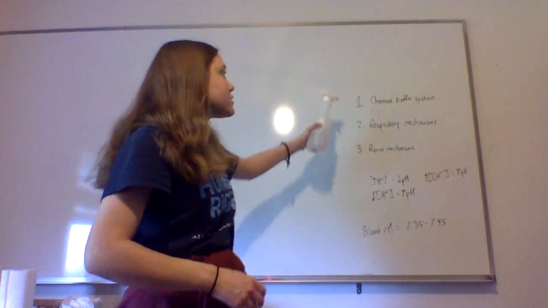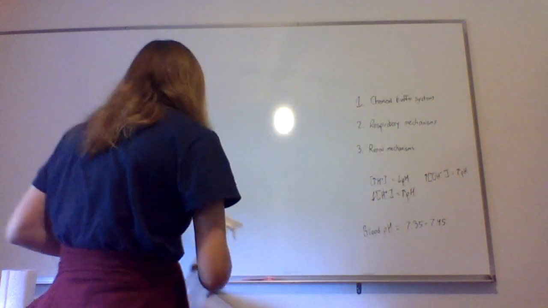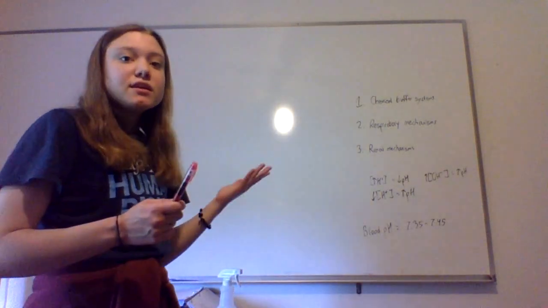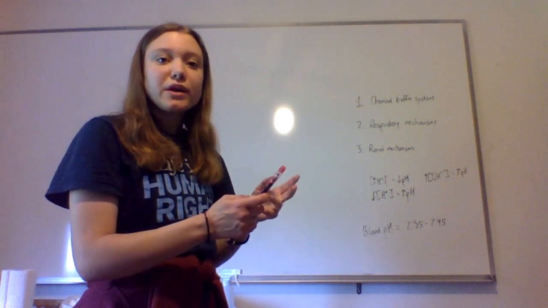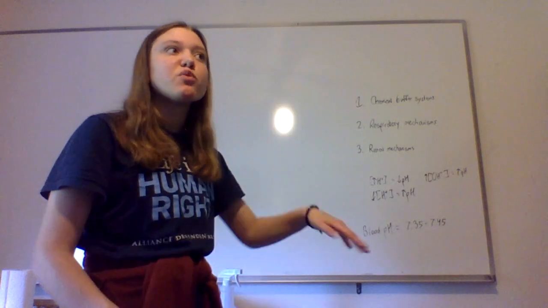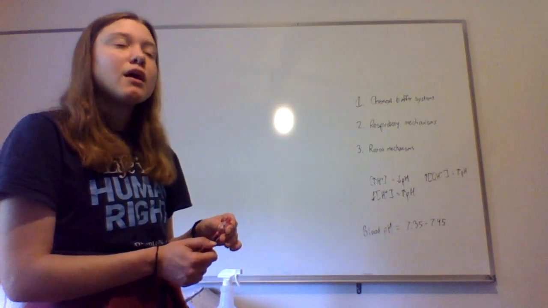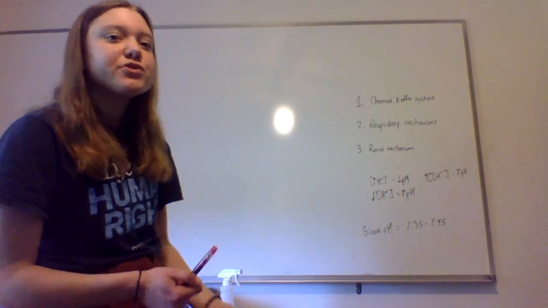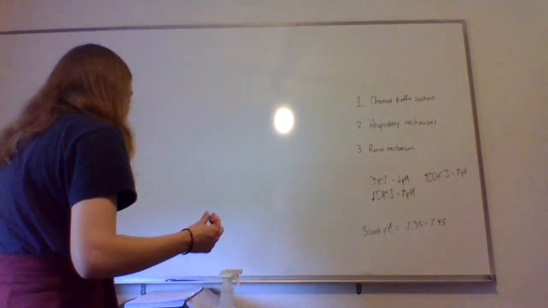Alrighty, so we just got done talking about chemical buffer systems. Now we're going to go on to respiratory systems. Any condition that increases the rate of respiration, so hyperventilation, or decreases the rate of respiration, which is hypoventilation, will also end up affecting blood pH. So, as a general rule here,